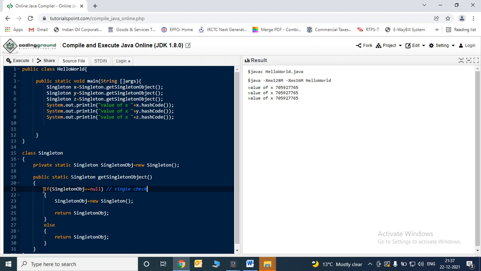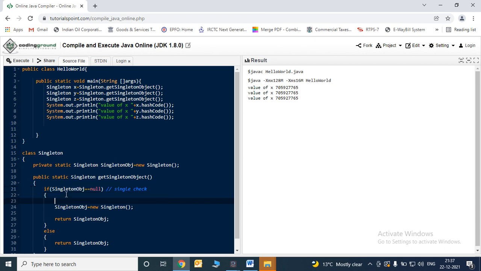Here I'm doing a single check: if the single instance object equals null, then I'm going to create an object, otherwise I'm returning the same object. This is single check. For double check, I can write a synchronized block or a synchronized method. So for this I'll use